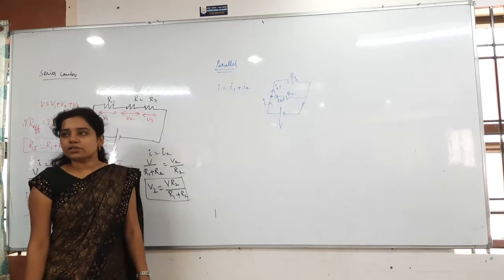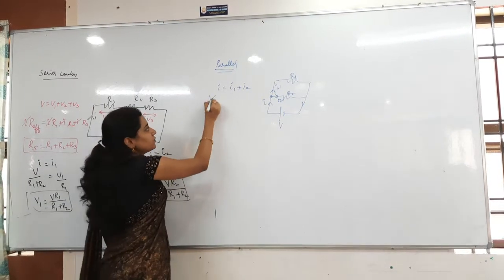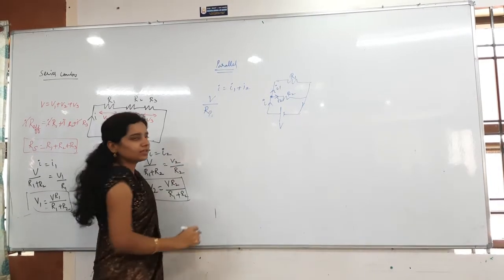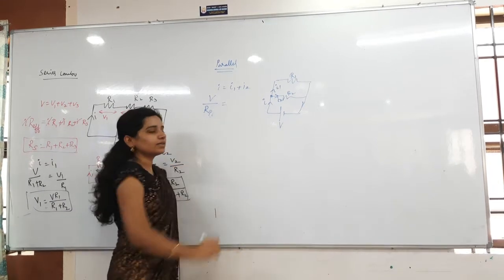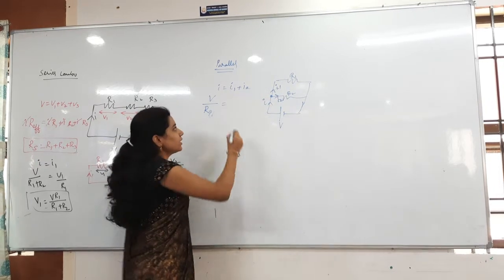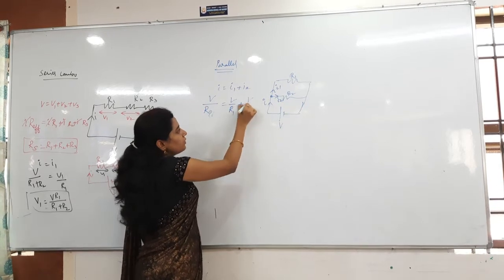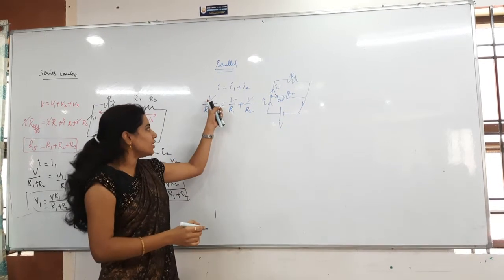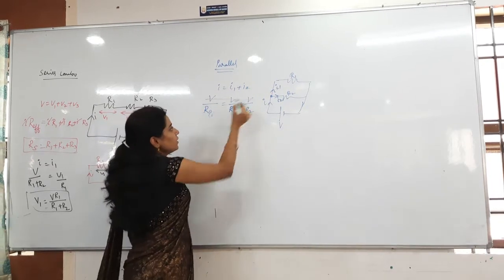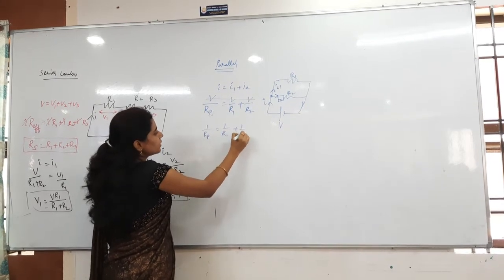Then I is the total current, nothing but total voltage V divided by effective resistance, which is parallel. That is equal to I1 plus I2. I1 only belongs to R1, so V by R1. And I2 belongs only to R2, so V by R2. Why have I given everything as V here? Same potential in the parallel combination. So everything gets cancelled here. 1 by Rp is equal to 1 by R1 plus 1 by R2.